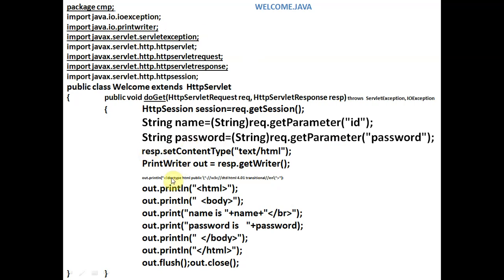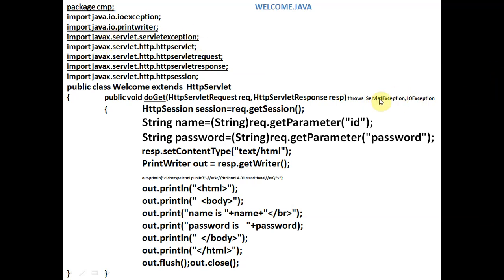So we'll have this PrintWriter statement. We will use the PrintWriter class also. This PrintWriter class is inside the java.io.PrintWriter package. And also we are using javax.servlet.ServletException. So this is Java extended, meaning the advanced version of Java. So ServletException is there in javax.